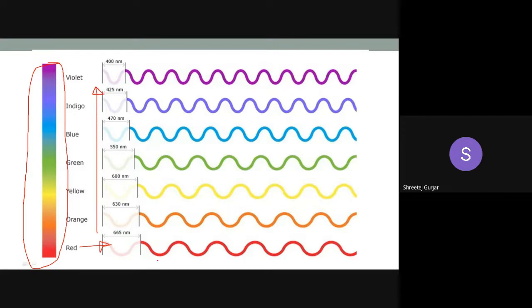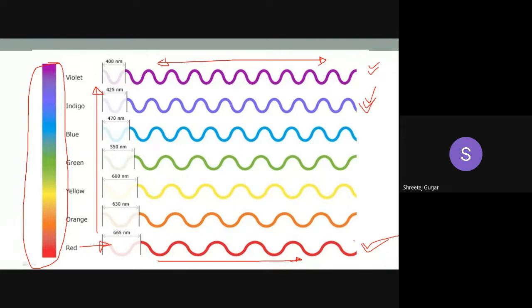The red has the highest wavelength, and blue, indigo, violet have the least wavelength. If the wavelength is higher, it can travel larger distances, right? And if the wavelength is smaller, it does not travel large distances. So whenever you have a red light, you can see it from far away. But if the signal light is blue or any other color, you might not be able to see it from far